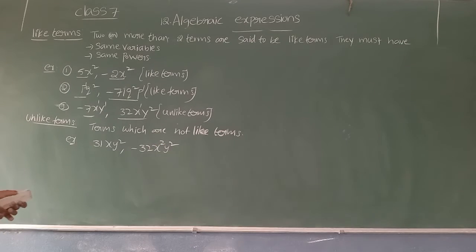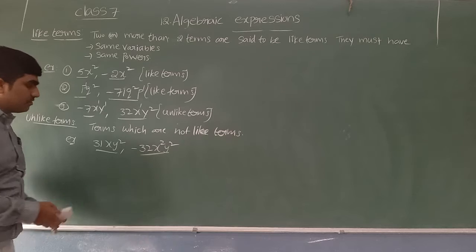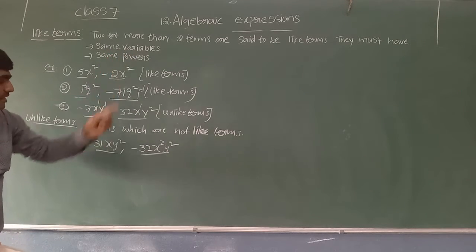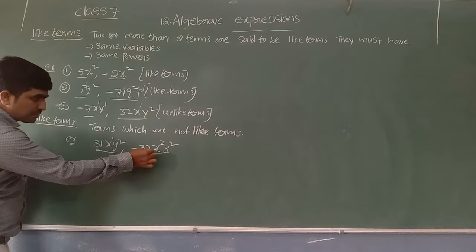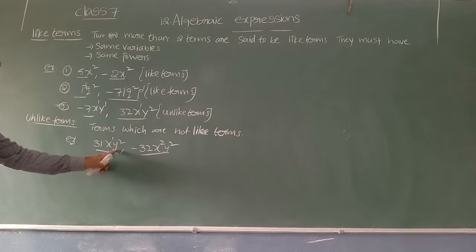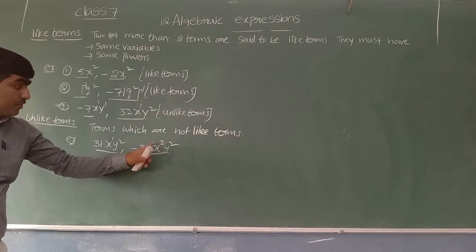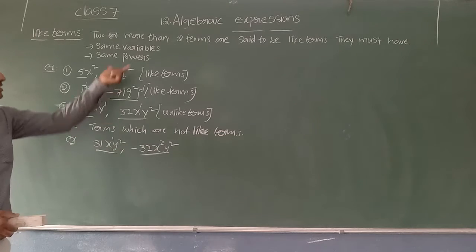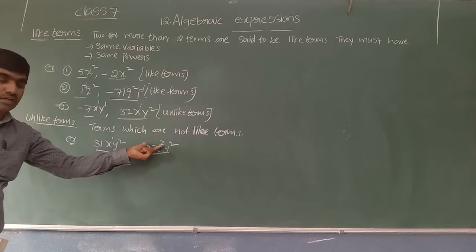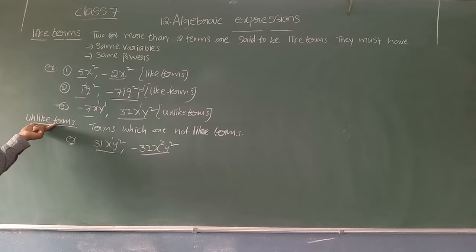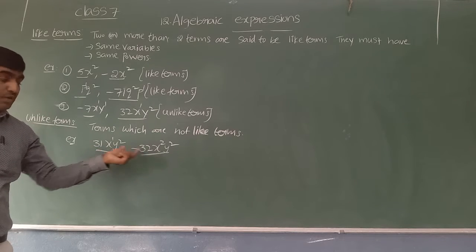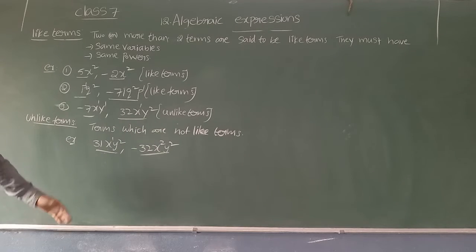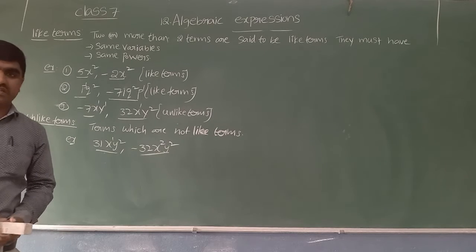Now let's see about these two terms. Two terms we have, having the same variables x and y. Now let us check whether the powers are the same. X power 1, x power 2, y power 2, y power 2. Though the y powers are the same, the x powers are not the same: x power 1, x power 2. Sir, we have two terms with the same variables but the same powers are not there. So this comes under unlike terms. These two are not like terms because they have the same variables but they don't have the same powers. This is about like terms and unlike terms.